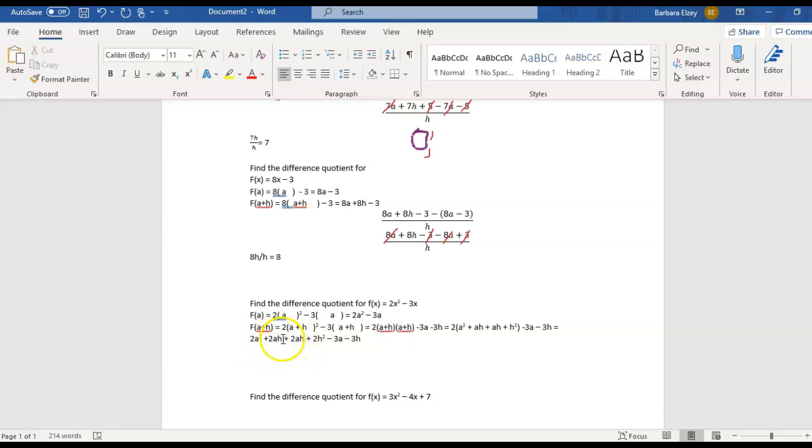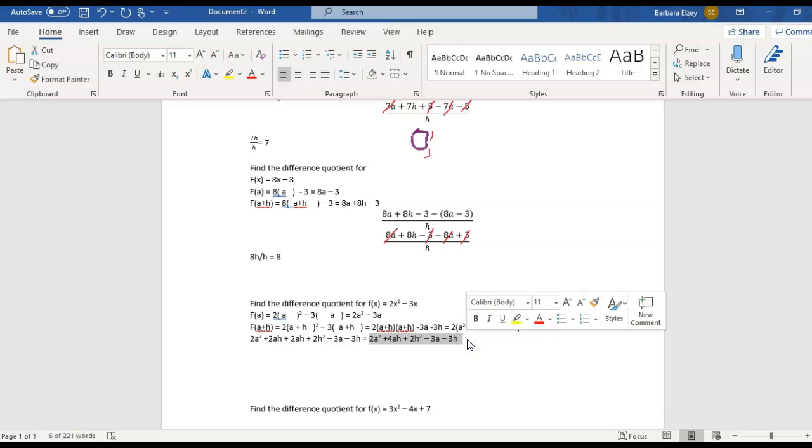And then lastly, in order to simplify this more, we have 2 like terms right here. So let's add them together. So 2a squared will stay the same, but my 2ah and my 2ah will give me 4ah, and I'll still have my 2h squared, and then minus 3a, minus 3h. All right, so let's go to step 3, which is to put that horrible answer we just got,